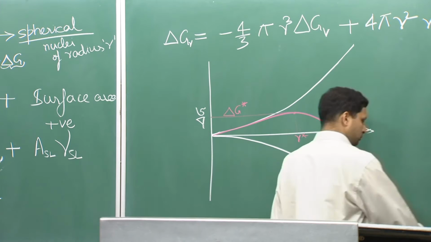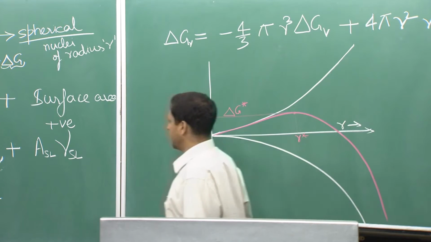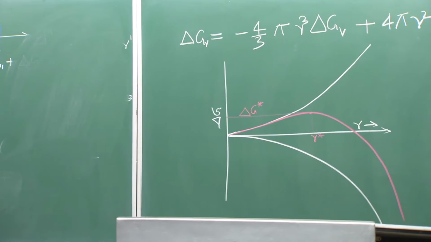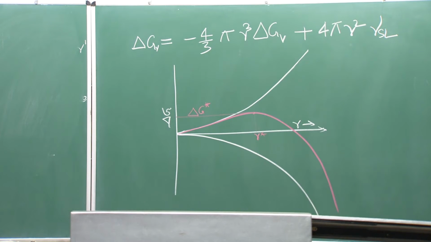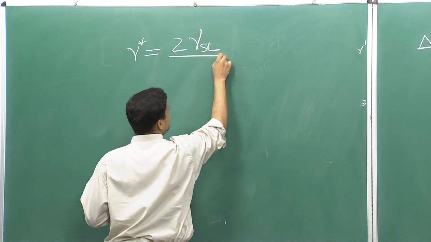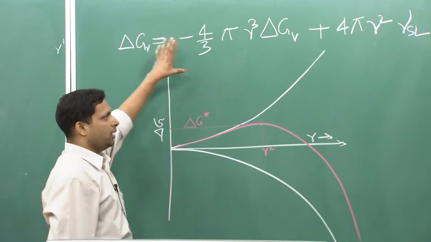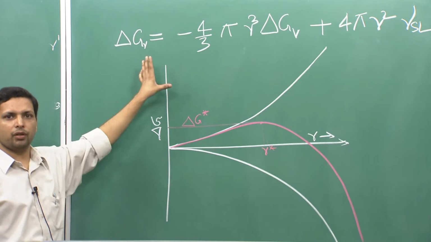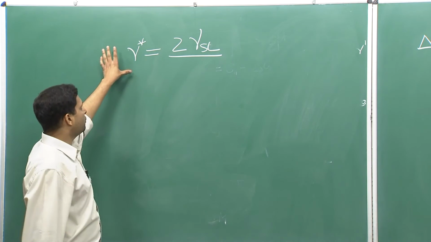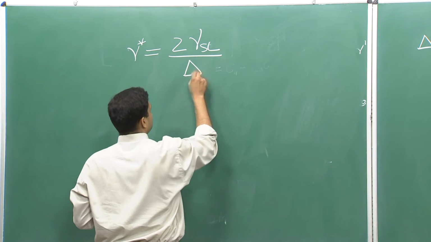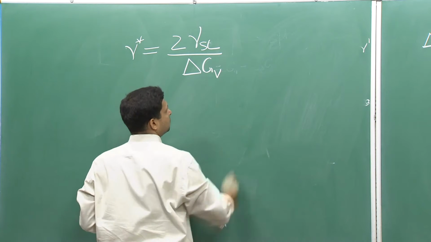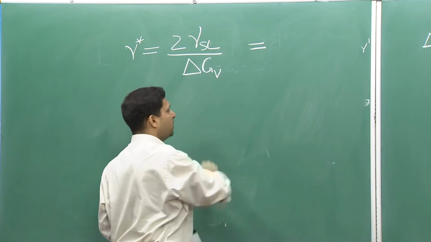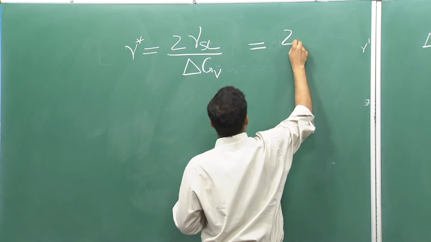We will not derive this part, we will leave the mathematics to you. I will just put the final values of r star and delta G star. So, how do you obtain r star? Just by maximizing delta G in terms of r. You set d(delta G)/dr equal to 0, and you will get a critical value of r, which we are terming r star. And you can show that this is the r star value. And if we again go back and put delta GV in terms of LV, we can write it as